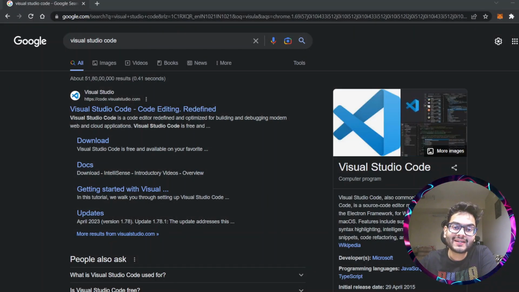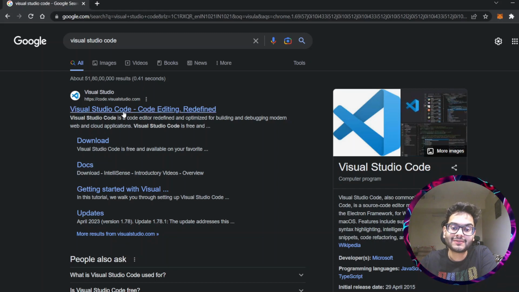So in this video, we are going to be setting up our starter web development environment, for which we need to install a proper code editor. And when it comes to code editors, I always recommend Visual Studio Code. Alright, so go ahead onto your browser and type Visual Studio Code and go to the Visual Studio Code